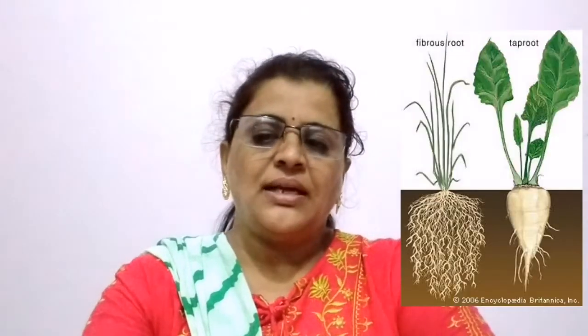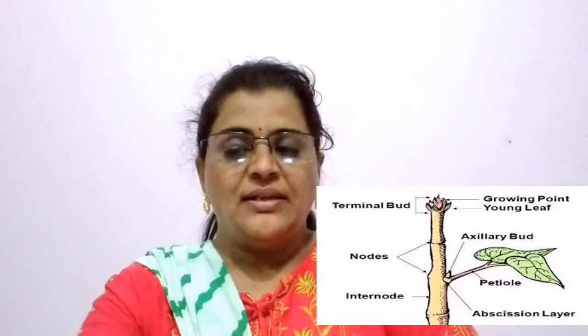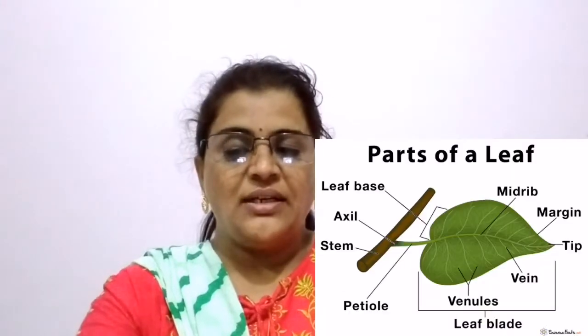So students, in today's video we have studied lesson number 2, plant structure and function. In that we have studied concepts like root and its types: tap roots, fibrous roots, modified roots, prop roots. Parts of the tap root we have studied, the stem and its parts, the leaf and its parts, and types of leaf, that is compound leaf and simple leaf. Types of venation we have studied: reticulate venation and parallel venation.